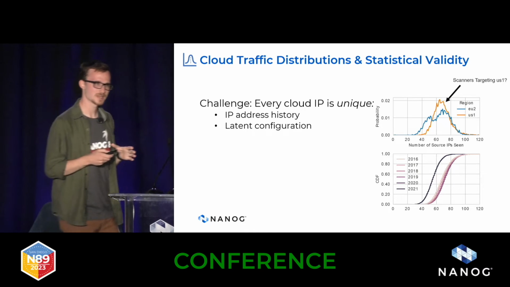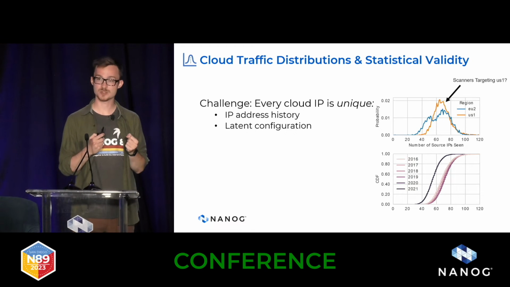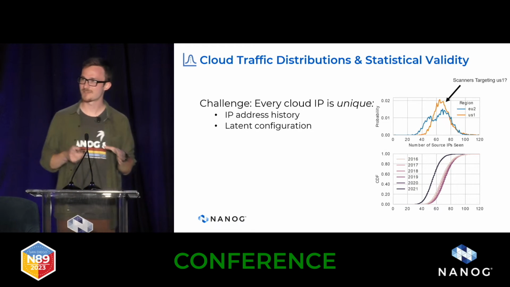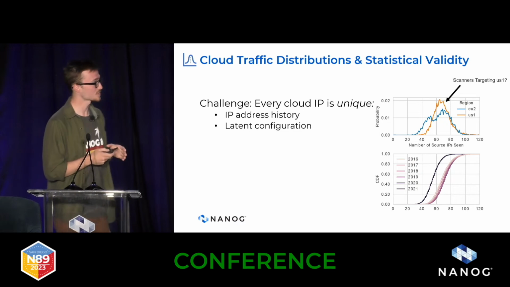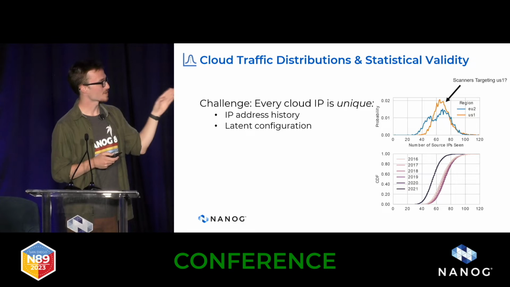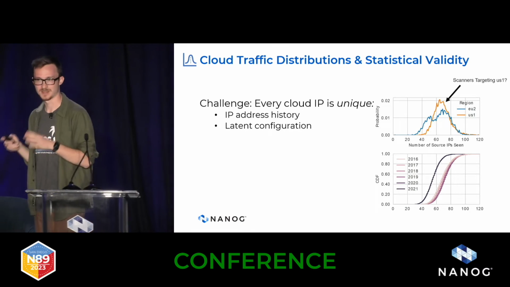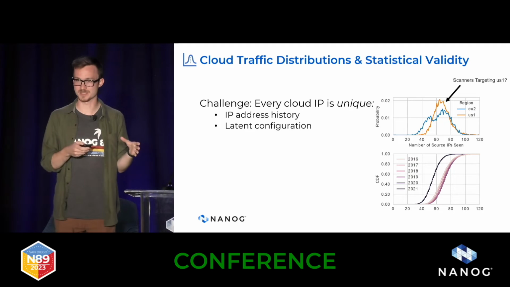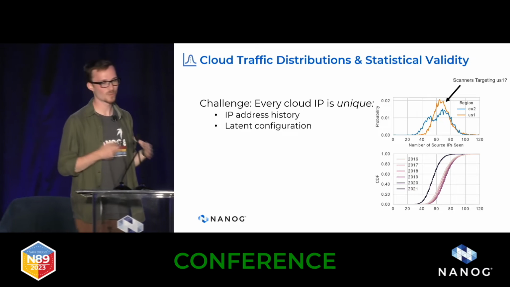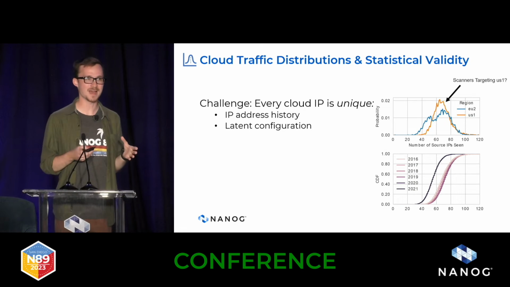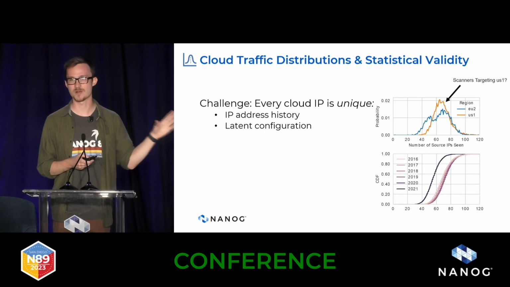In a parallel study, we tried to understand whether the year in which Amazon purchased IP address ranges and started advertising them affected the amount of adversarial scanning of those IP address ranges. And what we found was quite surprising. IPs acquired most recently by Amazon in 2021 actually received substantially less scanning activity than previously or sort of longer owned IPs. These are nice and clean addresses. And so one possible conclusion here is that there are many adversaries out there using outdated lists of cloud IP addresses to target cloud IPs.